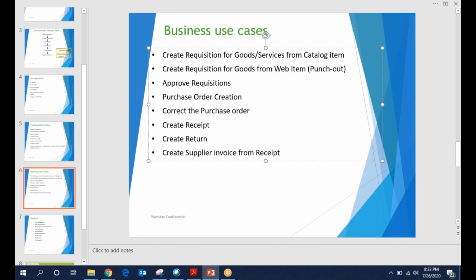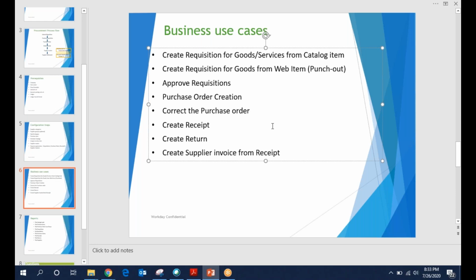Again, the punch out is different. Punch out is like you are punching out of our system and going into the supplier's site, where you can directly select the item and come back again to Workday. So you are punching out and punching in, and you don't maintain any catalog.